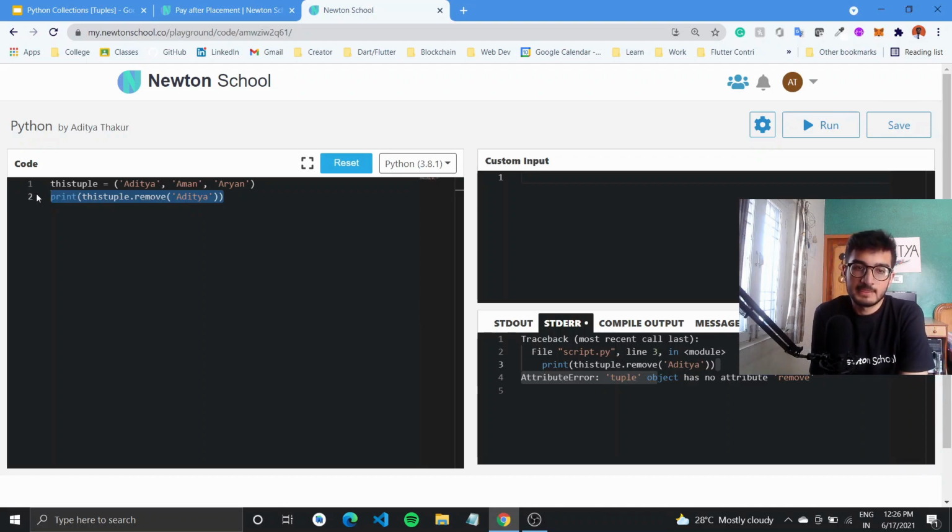So when we create these tuples, what we do is assign values. This is called the packing of a tuple. And in Python, we are allowed to extract these values back into variables. This is called the unpacking. How to do this unpacking? Basically, what we can do is